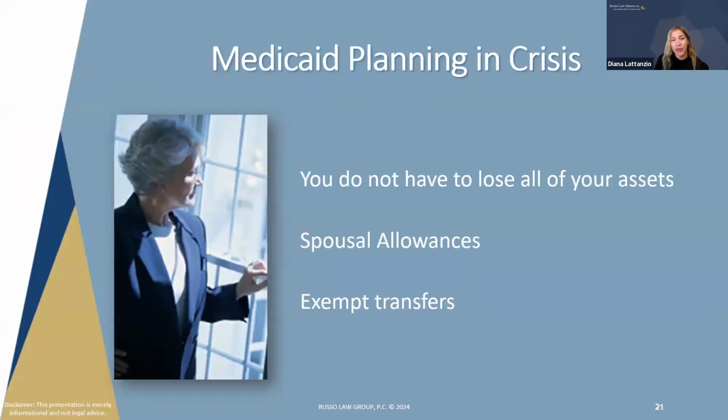Okay, so even if you didn't properly plan, currently there's a 5-year look back period for nursing home care under the Medicaid guidelines. So that means that you really need to plan in advance of a crisis to make sure that you are protecting and preserving all of your assets in the event that situation should ever occur. But there are, again, exceptions to the rules.